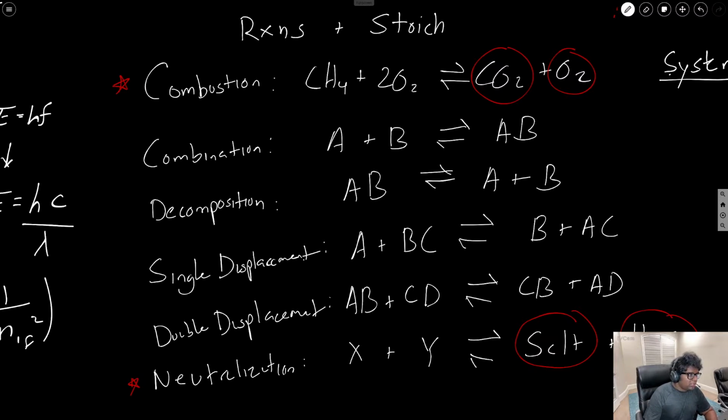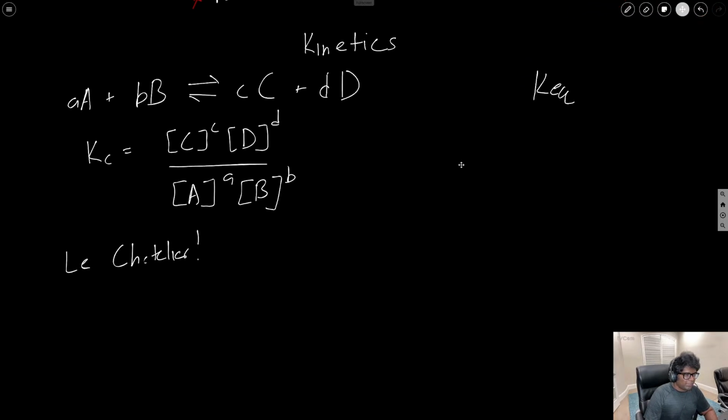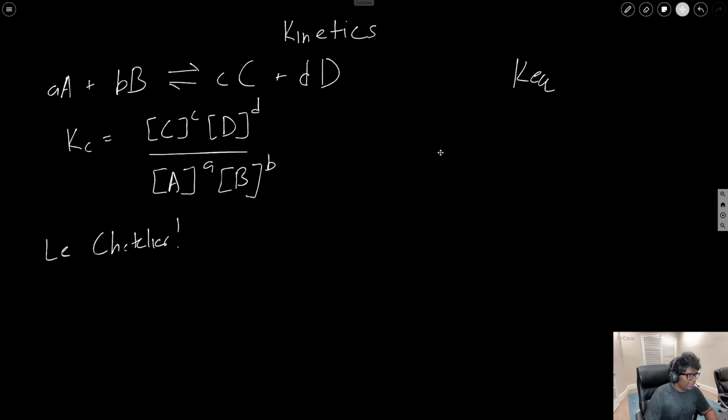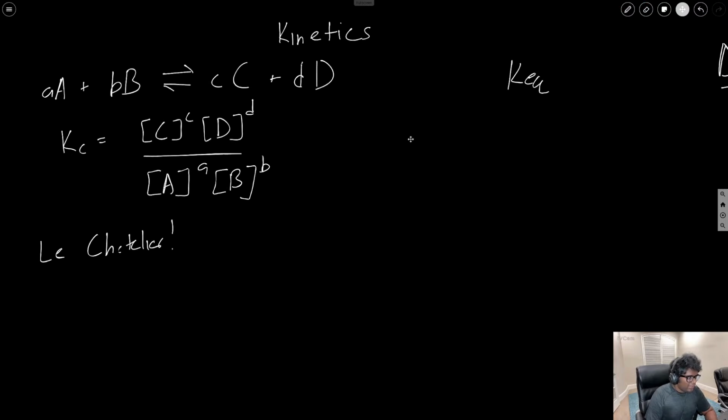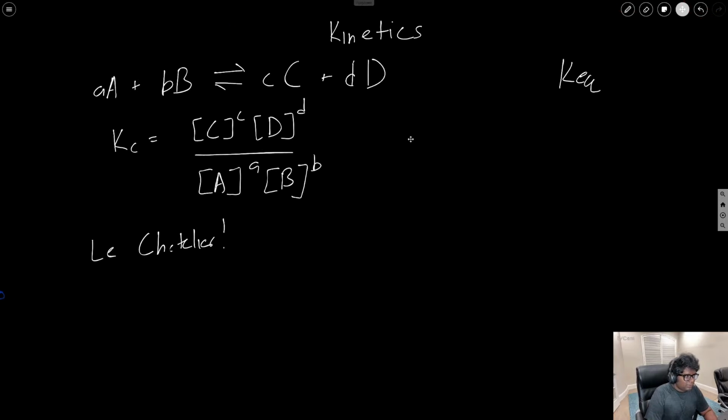All right, cool. So let's move on to kinetics. I love kinetics. It's a lot easier than a lot of other stuff in Gen Chem. Kinetics and equilibrium, that's my jam right there. So you guys know how the charts for kinetics look, right? I'm getting rid of this for a second. I'll talk about K and Q in a second, but the gist of it is